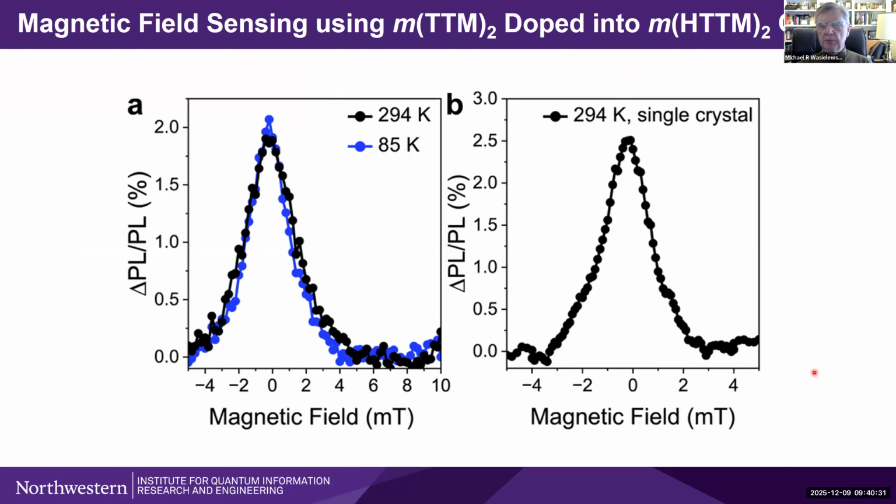And so that correlates pretty well with essentially level crossing phenomena due to the fact that our dipolar interaction is on the order of 1 millitesla, basically, in these particular systems. So they do sense magnetic fields quite nicely. And so once again, the ability to sense things is important.